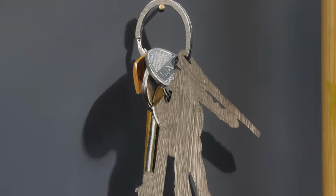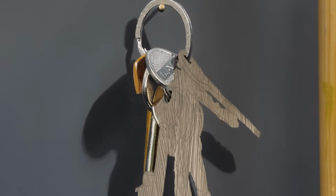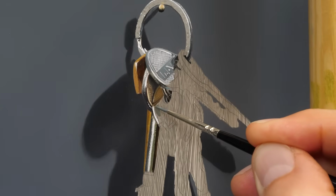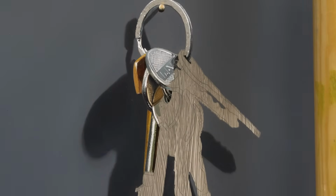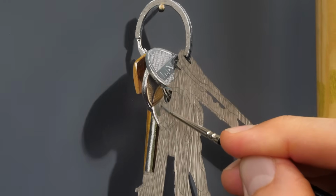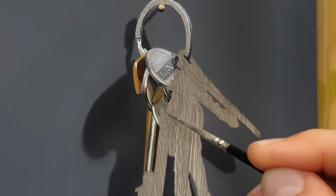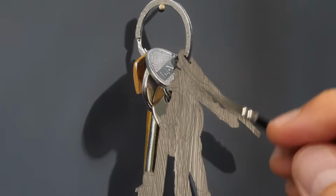So one of the most important things in painting realism on a small scale like this is to be really steady with your hand. Most of the time I find myself holding my breath. But it's so satisfying, and I do encourage you to give this picture a try. But you couldn't really do this without having something to rest your hand on, and if your painting is wet, then you're going to need